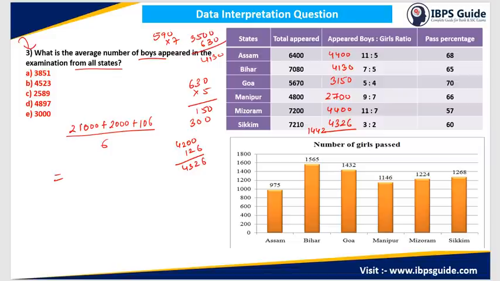Now while dividing I will make suitable numbers. So this 21,000 I can write it like this: 18,000 plus 3000. Okay, so if I divide this 18,000 by 6, I will be left with what? 3000. And if I divide this 3000 by this, I will have 500. So I will get total 3500 from here, plus this 2000 I am looking at it as 1800 plus